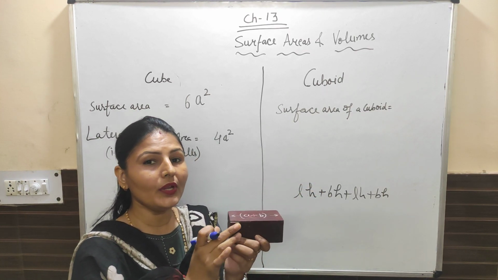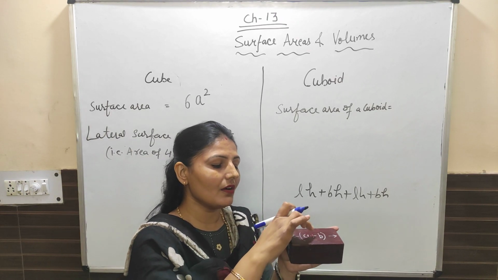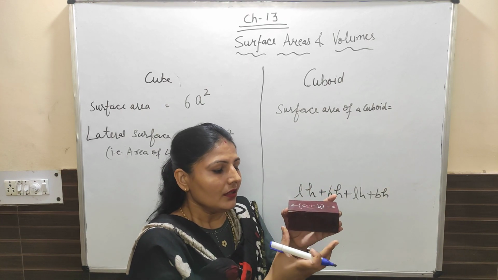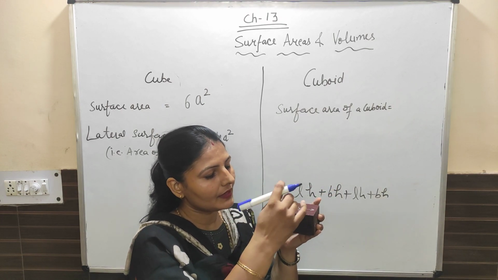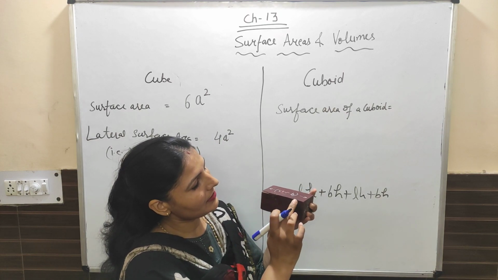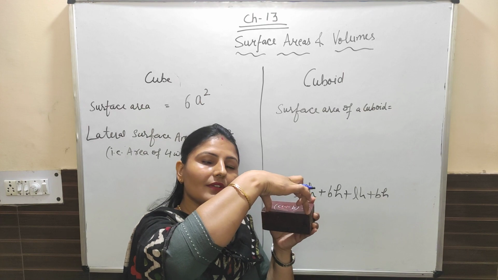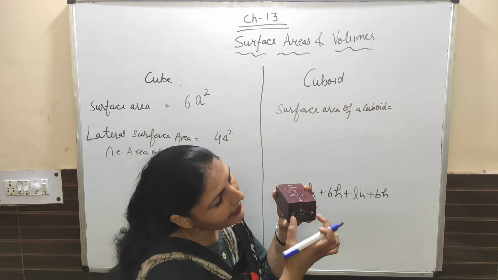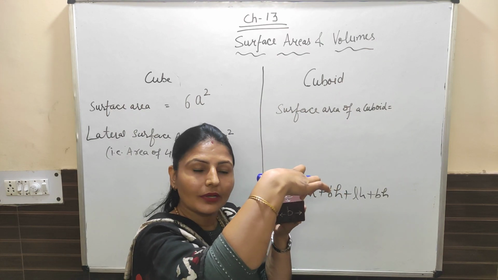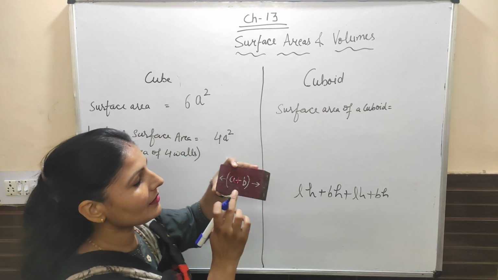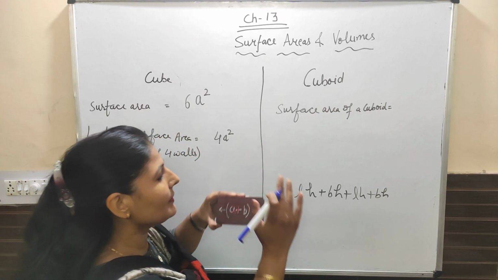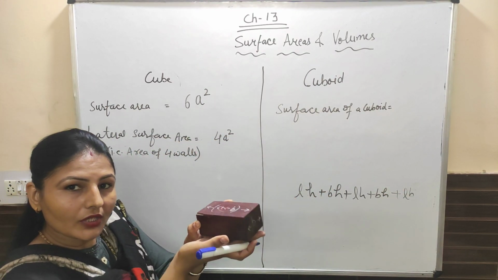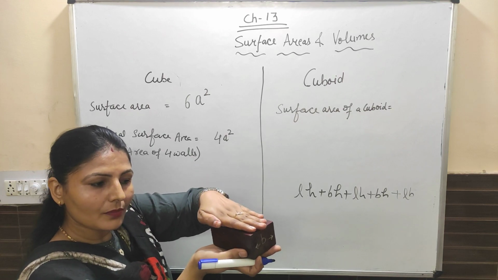Now we have to calculate the area of the top of the cuboid and the bottom of the cuboid. Now we are talking about this top. This is our L. So this side will be L and this side will be B, the breadth, the width of the cuboid. It means the area of this top surface will be LB, length into breadth. For the bottom, it will be the same because the opposite faces are the same.